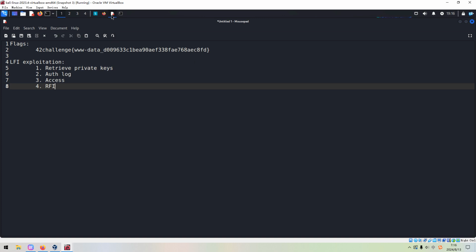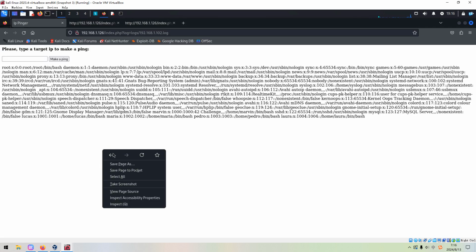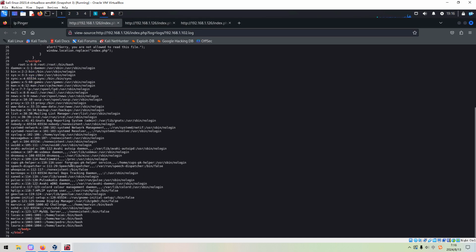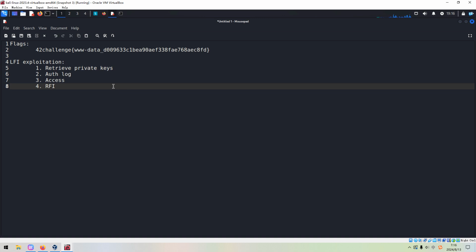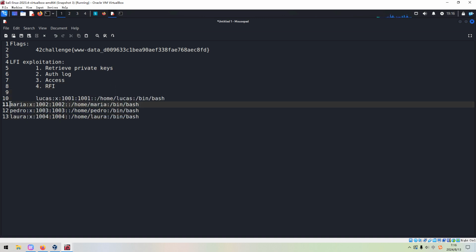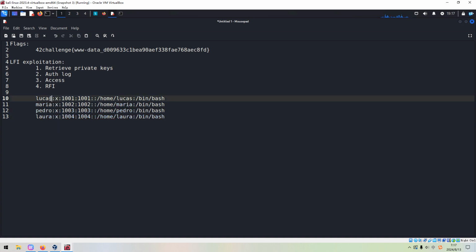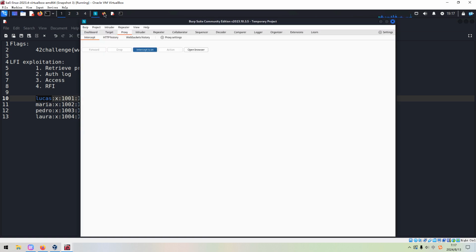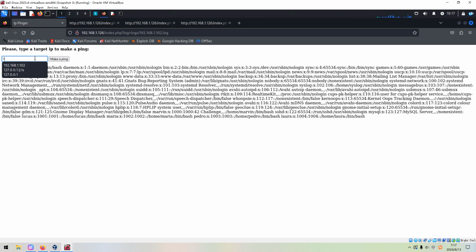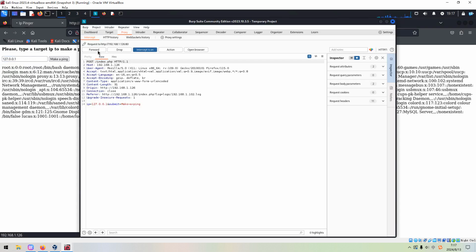So let me show you in practice. Just now, go back. I think we can view page source. This would be more clear. And I think we can get normal users. We can copy and paste over here. So next we need to check whether we can access the private key of this user. We can copy. Maybe we need to trigger another request again. And forward.